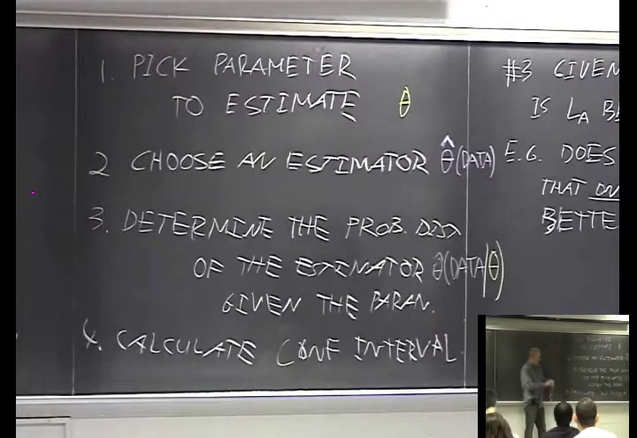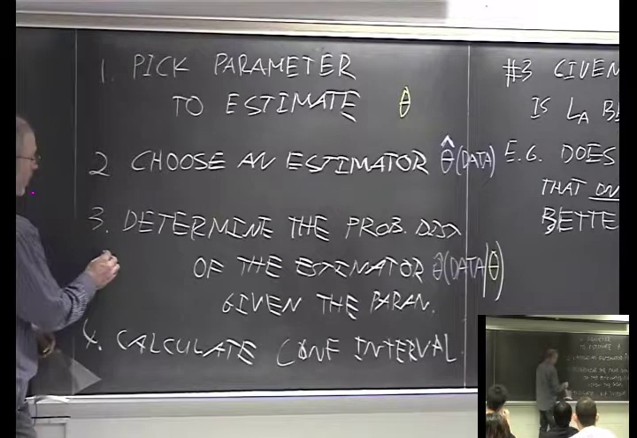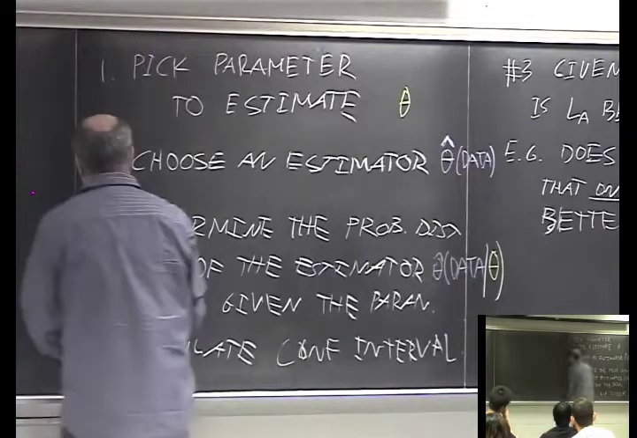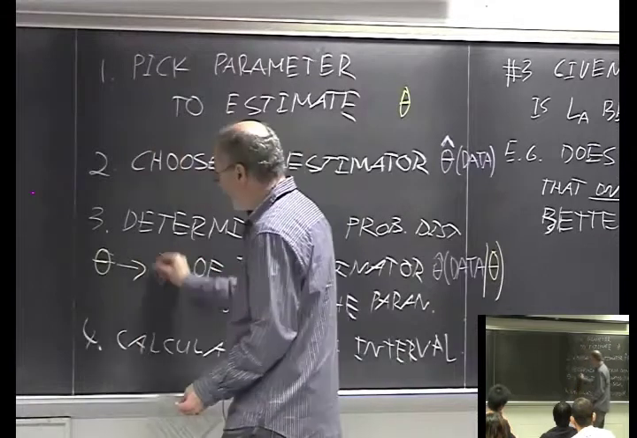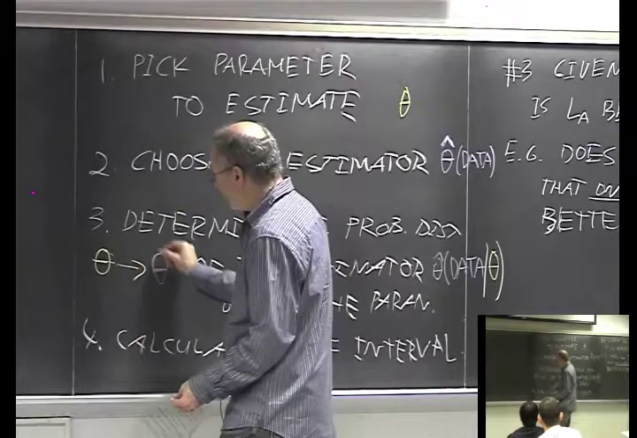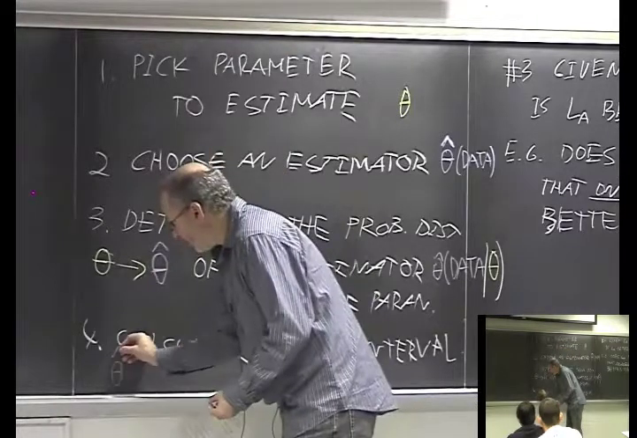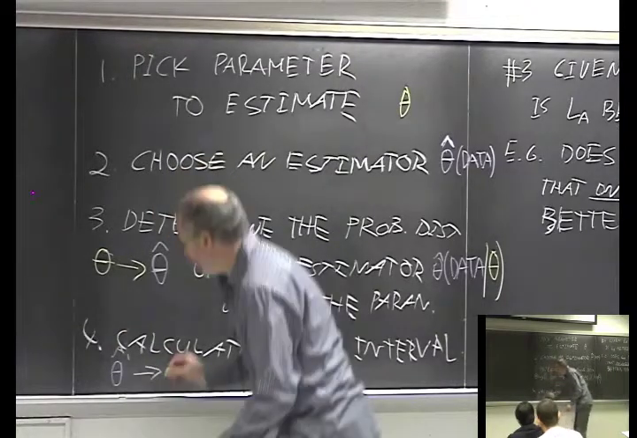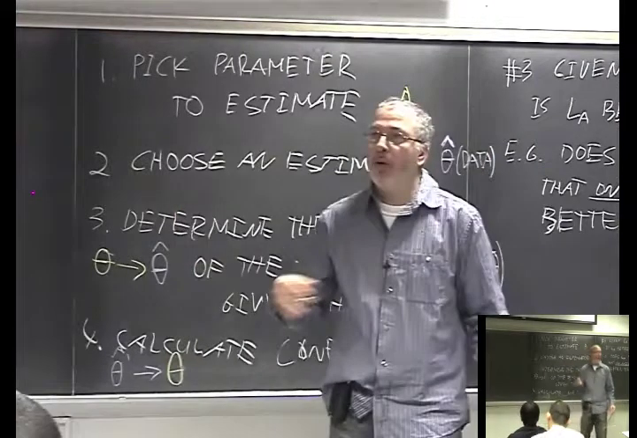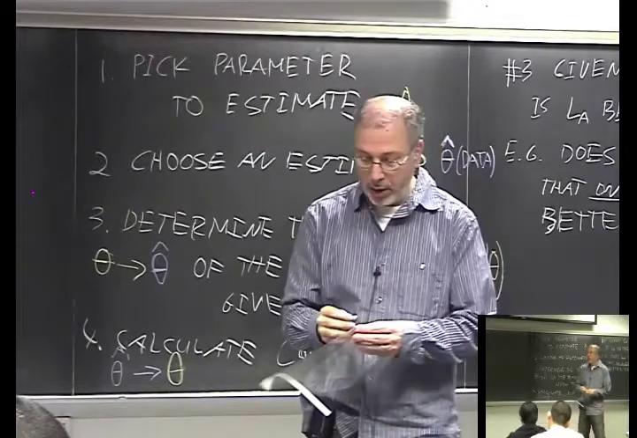So 3 is going from green, is figuring out how theta, the green thing, probabilistically gives rise to theta hat. And 4 is determining how, from theta hat, we can infer something about theta, which is just green. So now we're going to rehash it for the first case and then see how we apply it to the other two. So in the first case,